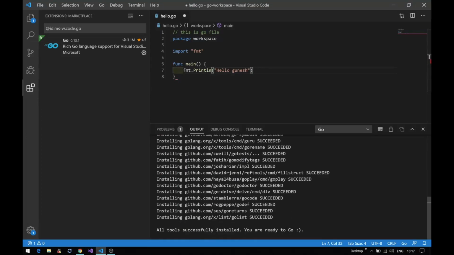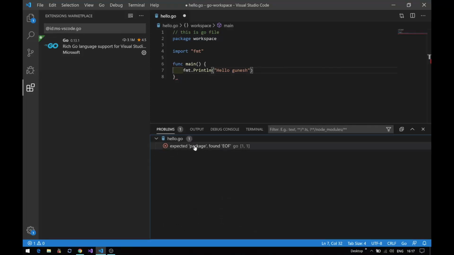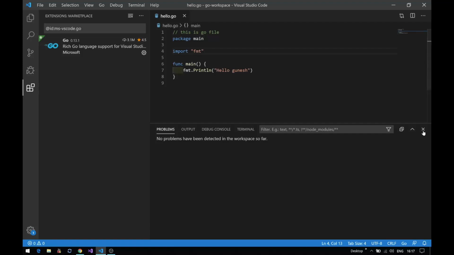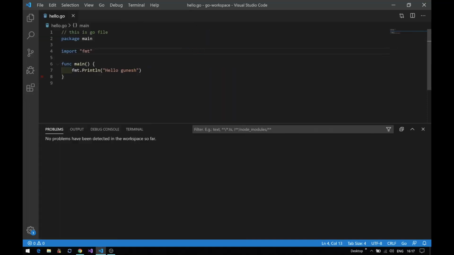We can see all our tools are successfully installed and we are ready to go. And in here, in the problems tab, you can see expected package found EOF. So we have not taken into consideration the main package, so we have to declare the main package to use the main function. So package main we have done. Just click on save. Now you can see problems are gone, and now we'll just close our extension tab, and